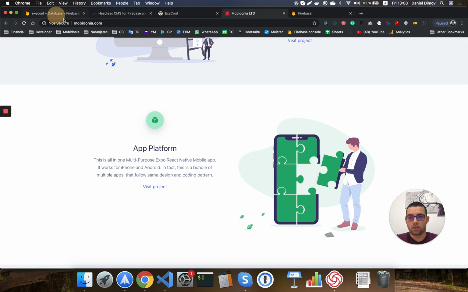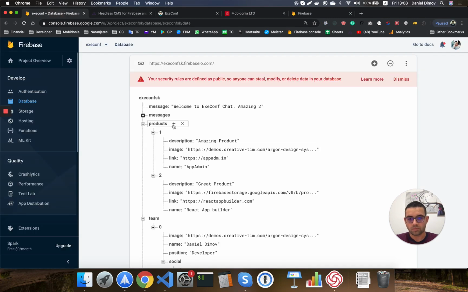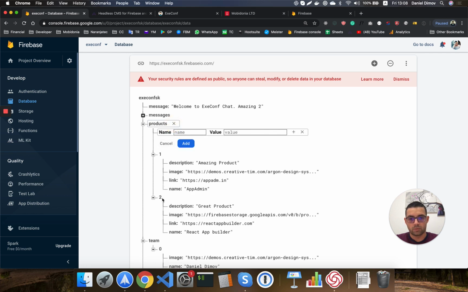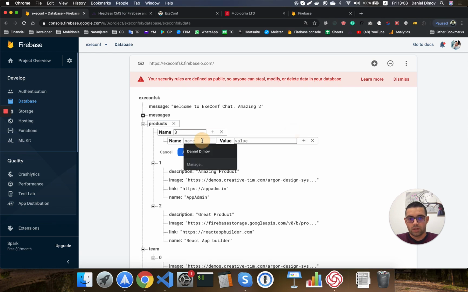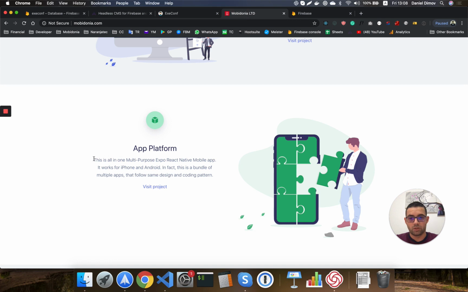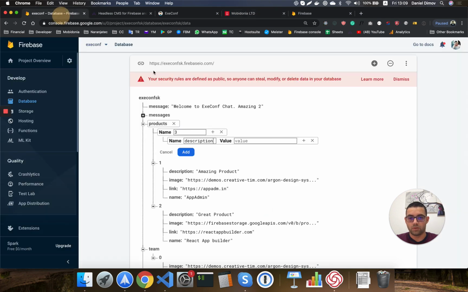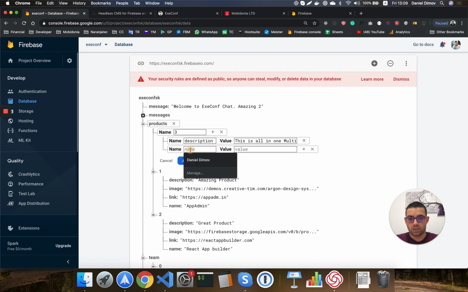So let's see how that will be done. I need to find the element, I need to click on the plus, then see what's the next index, in this case 3, and I need to start typing description. And not to mention that it's really easy to make a mistake when you type these names of the values. I will try not to make a mistake. Name, platform,